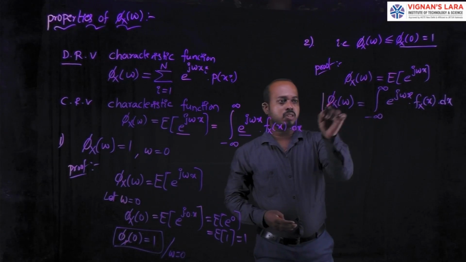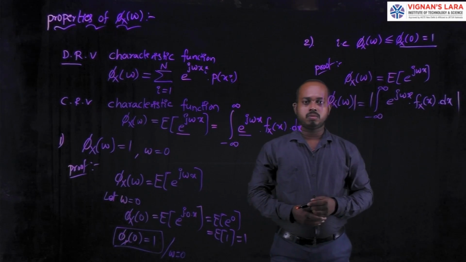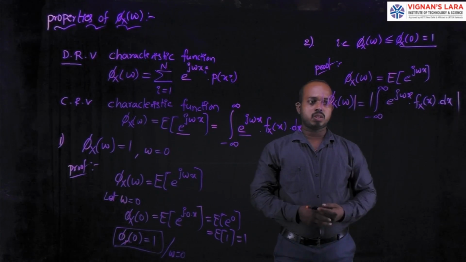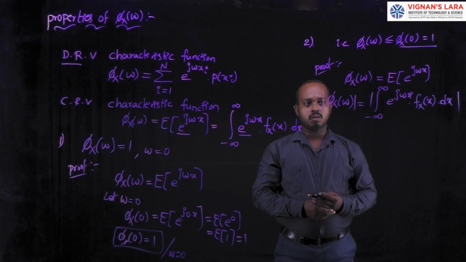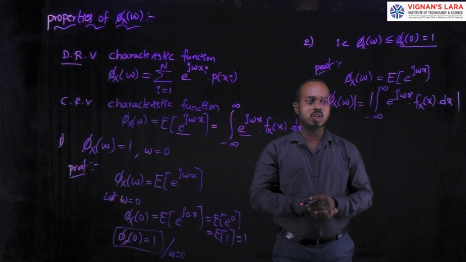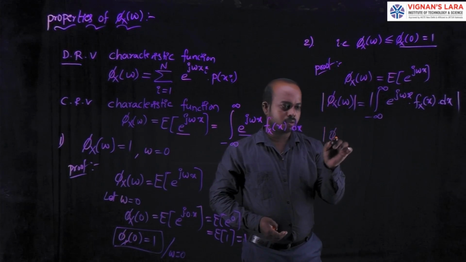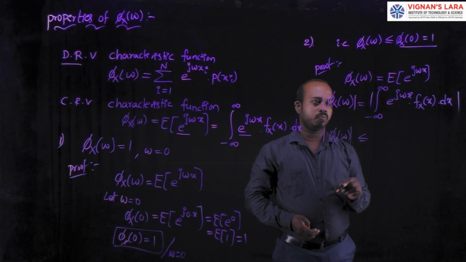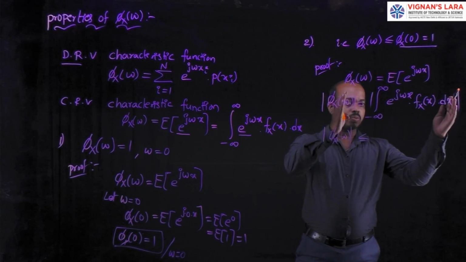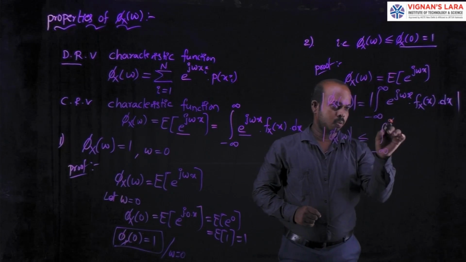Then the modulus moves inside, so I write phi x of omega is less than or equal to the integral from minus infinity to plus infinity